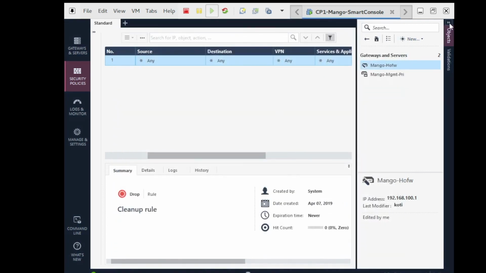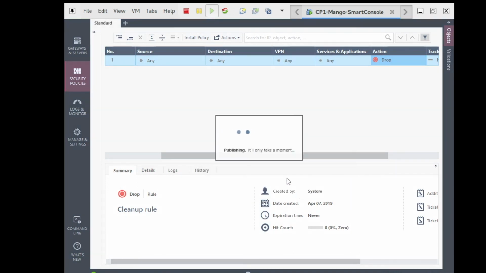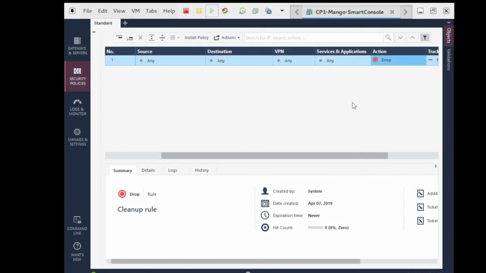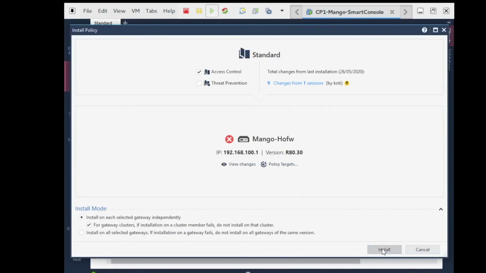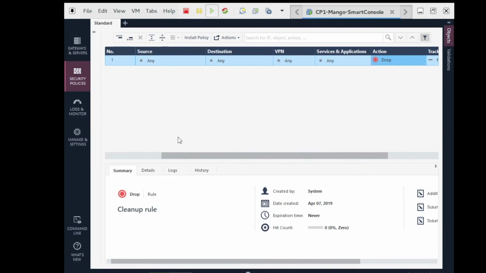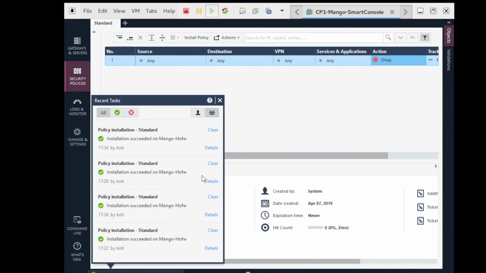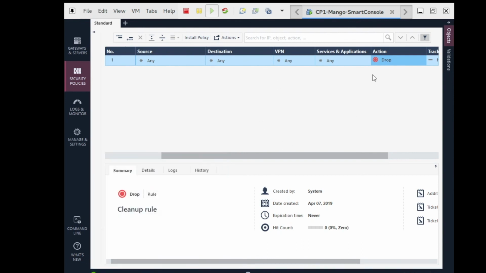Once I do this, I can install the policy on the firewall. I publish on the management server and install the policy on the gateway. So all the changes I made in the Smart Console will be saved on the management server, and the management server will open a control connection to the security gateway and install the policy. Before opening a control connection, the management server and the security gateway authenticate each other using the certificates. Because certificates are available now, they can authenticate and install the policy. So again, the policy is installed on the firewall. Any drop.